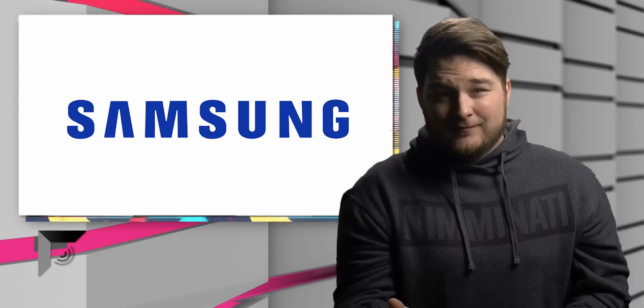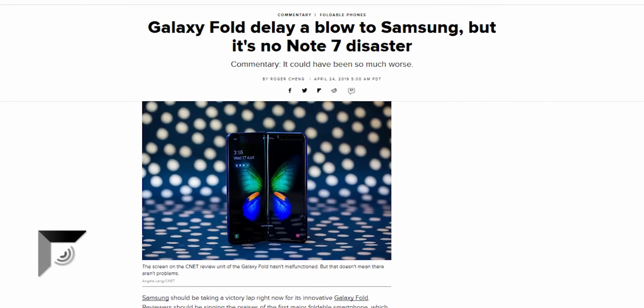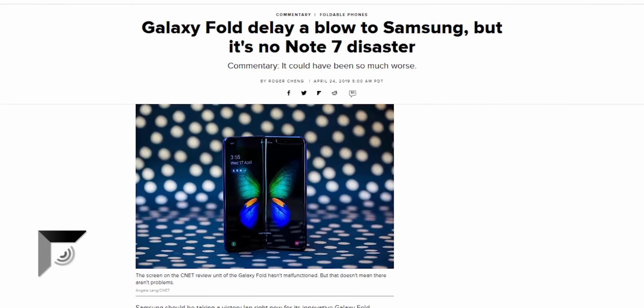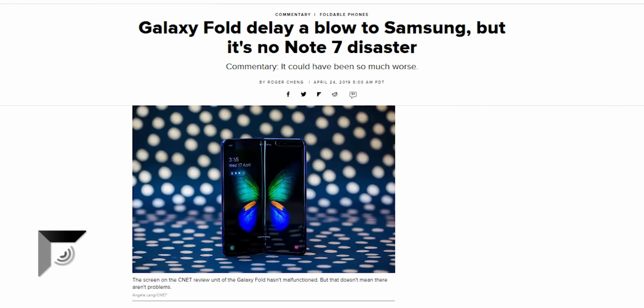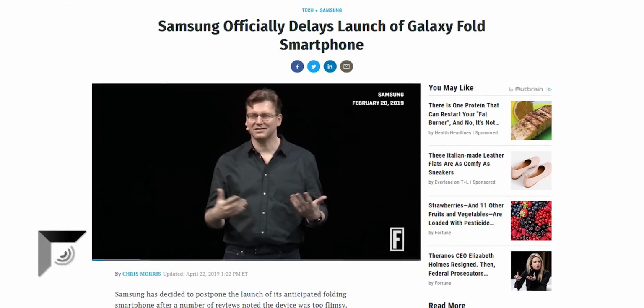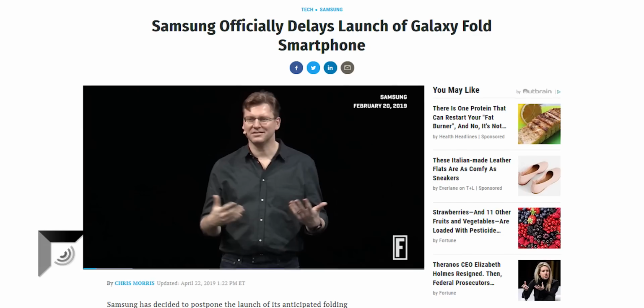That's not what's happening. We will get the Galaxy Fold. Samsung has put too much into this, too many years into this. There's too much attention on this for them to just cancel it. But they will likely re-engineer parts of this to try to make the display, maybe the hinge itself, more durable, just to prevent stuff from getting inside that thing when it actually does get in the hands of